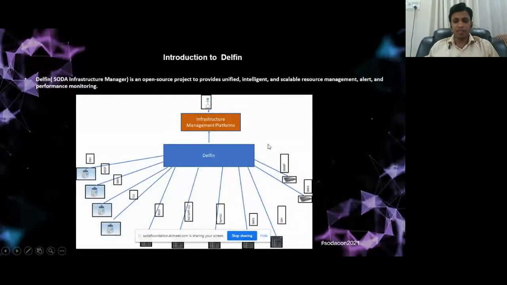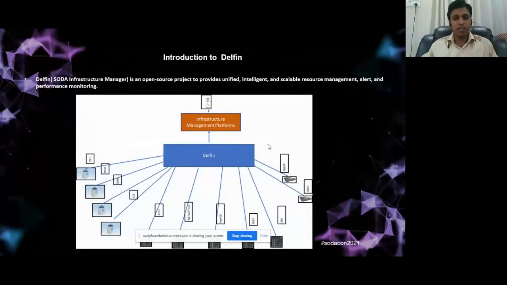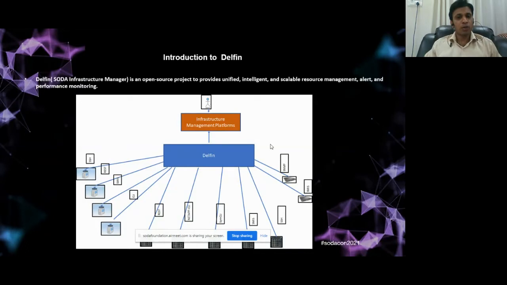Hello, everyone. Myself, Najmuddin. I am a maintainer of SODA Foundation. I am currently leading this Delfin project. Before I go to the demo, I would like to just introduce Delfin to you. Delfin, which is the SODA Infrastructure Manager, is an open source project to provide unified, intelligent, and scalable resource management, alert, and performance monitoring.